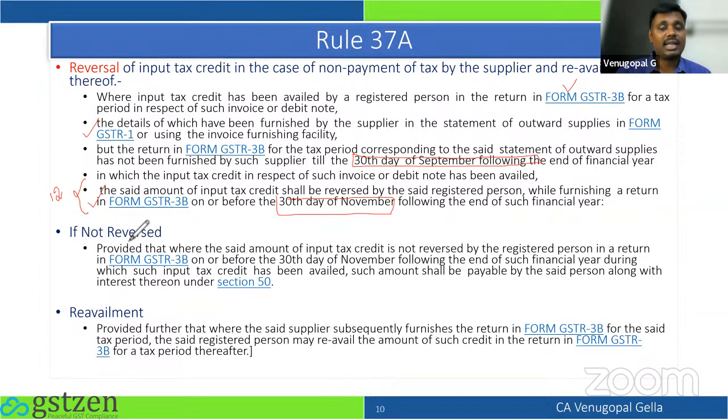The next question that comes, because the challenge that will come is, how will you establish in which form, which table you have reversed? And that is where the government is also amending GSTR 3B. Hopefully, from April, we might get a new form of 3B. And if you're surprised, again, one more change, yes, there is one more change likely to happen. So if you are not reversing it on or before 30th November, the government is saying the said person has to pay interest under section 50, which is at the rate of 18%.